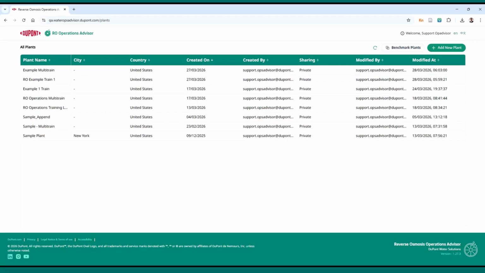From this screen, I can benchmark the different installations. It's important that those installations have already went through